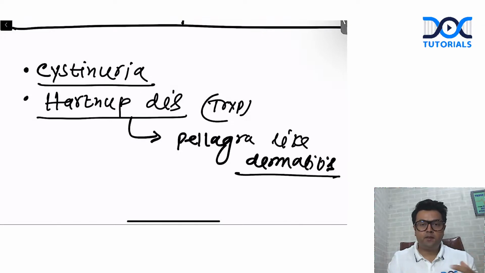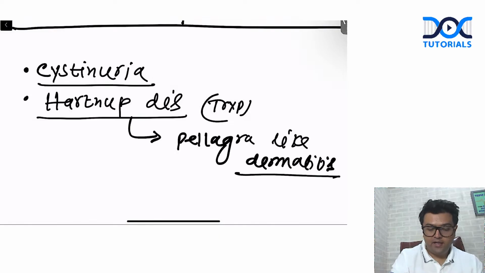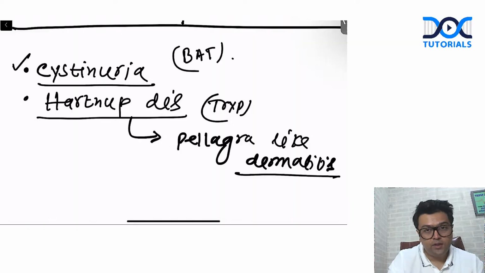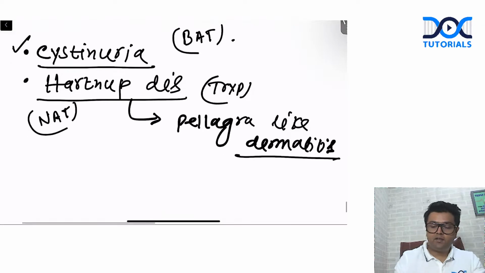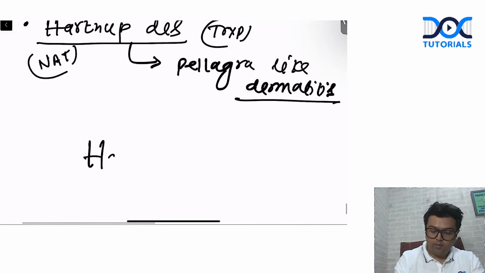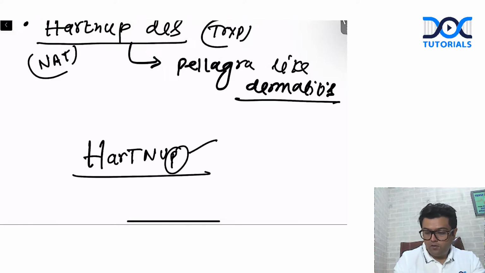In Hartnup's disease, there is a defective neutral amino acid transporter in the kidney and the intestine. In cystinuria, there is a basic amino acid transporter defect. Here it is basic amino acid transporter defects, here neutral amino acid transporter defects. Clear? And guys, when we write Hartnup, we can also remember it like this: HARTNUP. So the P stands for pellagra-like dermatitis and for neutral amino aciduria, that is like tryptophan in